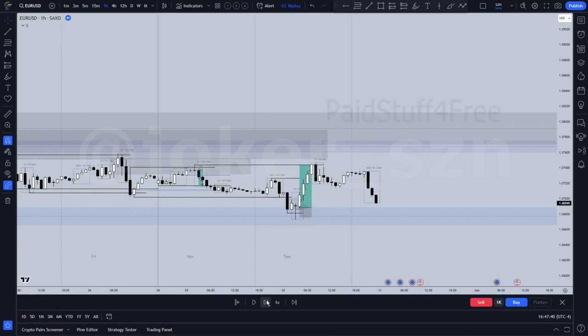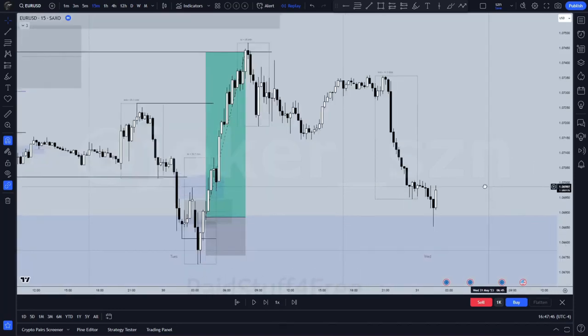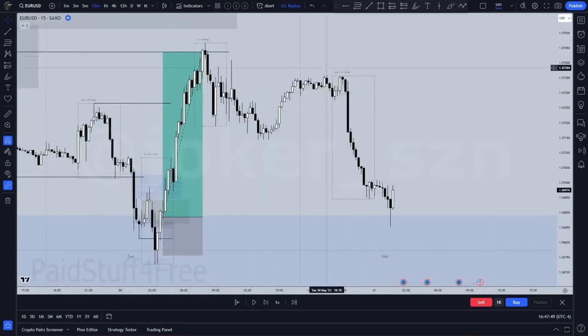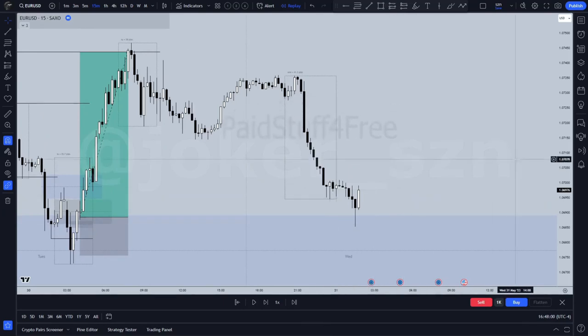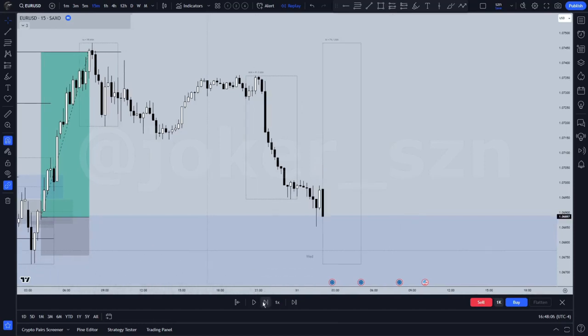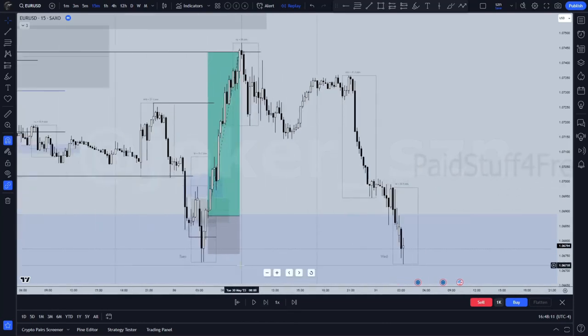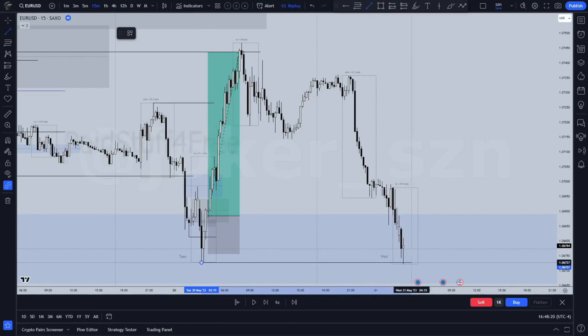We have the Asian session here, and now we already know, okay, London session will be a low probability session. Why? Because Asia has been expanding for 40 pips and we had an expansion profile, so we will most likely see a consolidation profile or a retracement profile during London session, right? And there we go, we have London session, and you can see how price is just slowly trading down, and then we take out the previous day's low,